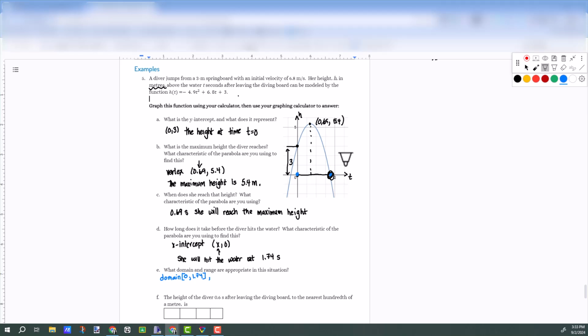Or we can write it in interval notation. In interval notation, x such that, oops, we've got a lower domain here of 0, less than or equal to x, less than or equal to 1.74. And we must state that it is the real number system here